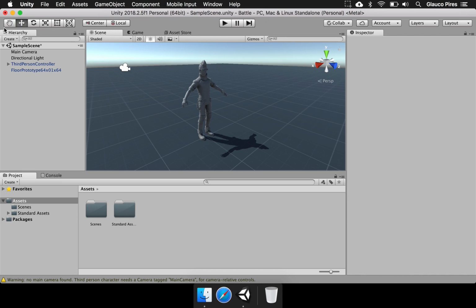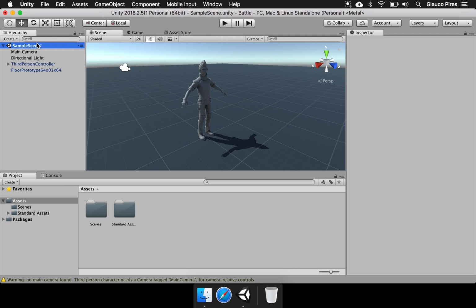And the first one, which is a concept that has existed for a long time, ever since we had the first games, is hierarchy. And Unity has a window just for that. The first element in the hierarchy you see here is sample scene. The scene is, as the name suggests, the place where you're going to put things, and those things could be lights, the player, vehicles, weapons, whatever is going to